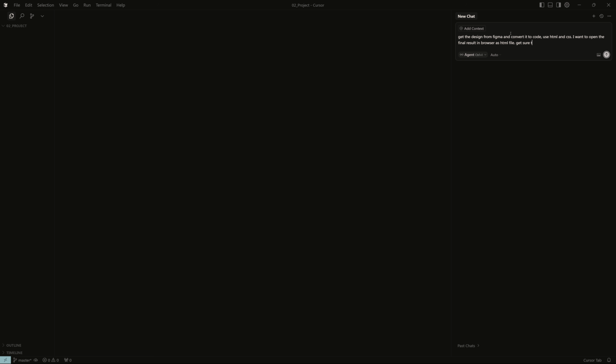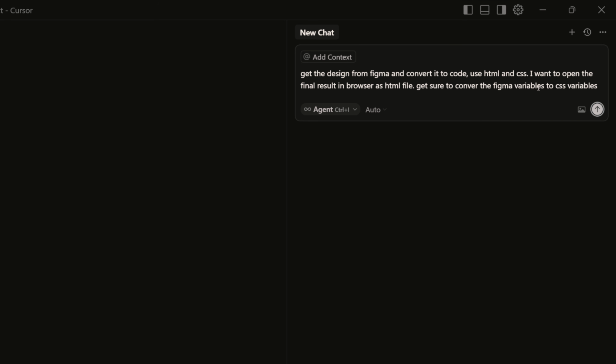Make sure to convert the variables to CSS attributes or CSS variables. Okay, this is going to be my prompt. It would be great if we can convert the Figma variables to CSS variables. So let's give this prompt.